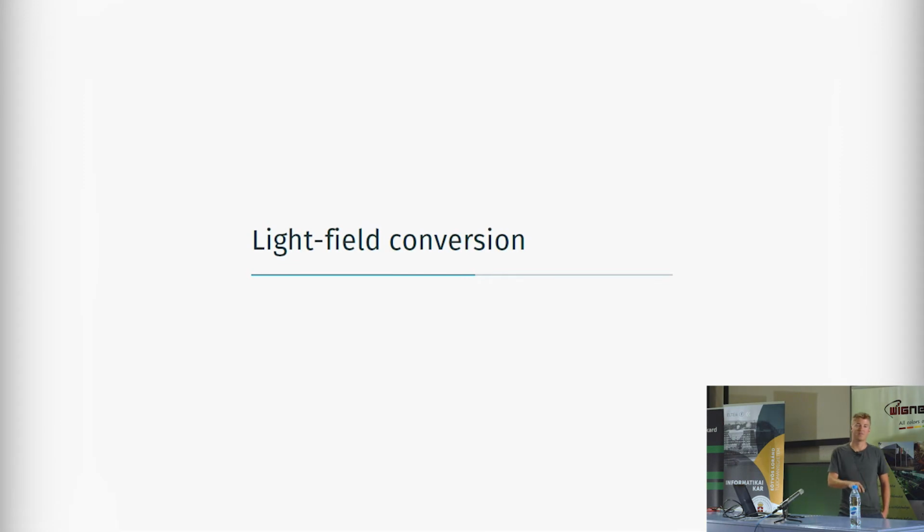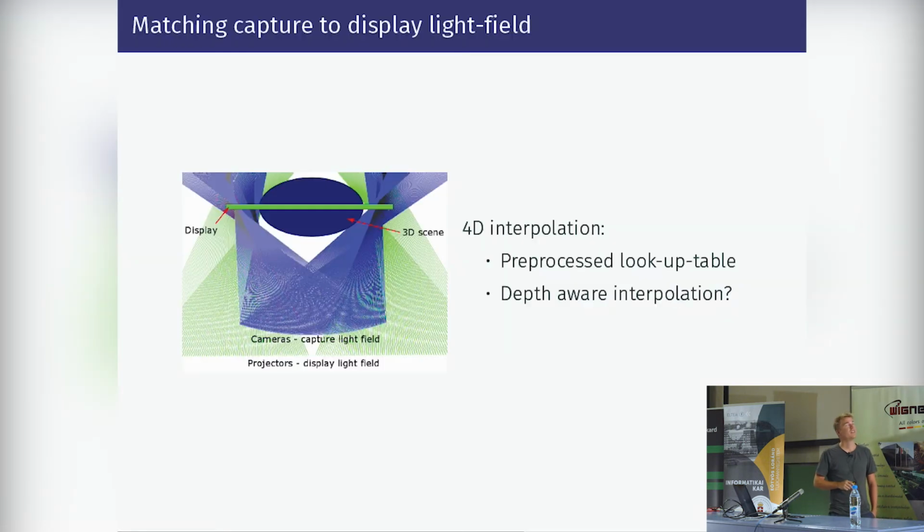Okay, so now we have displays, we have cameras, and how do we get the connection between them? And how do we convert between the two light fields? The problem here is that basically each display and each camera system has a unique set of rays that it's able to capture or able to emit. So you can view the whole thing as there is reality, that's a voodoo doll,